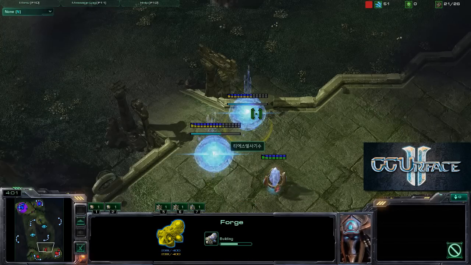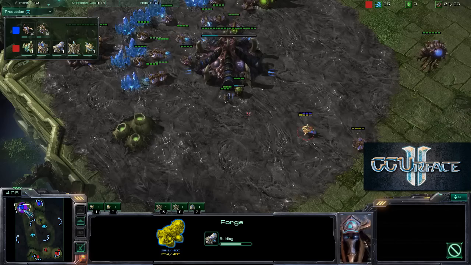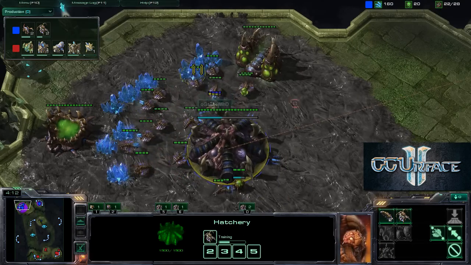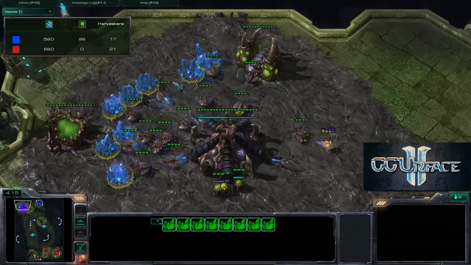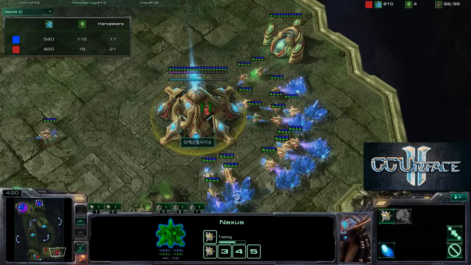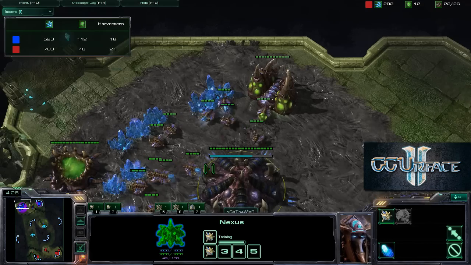This is a little bit unusual, as he probably suspects something is going to happen. Usually you don't put down forges that early in the game unless you're going to do a cannon rush or some sort of early upgrades for your units. If we take a look at the income tab right now, we see the Protoss player is going to be ahead, as he has probably chrono boosted